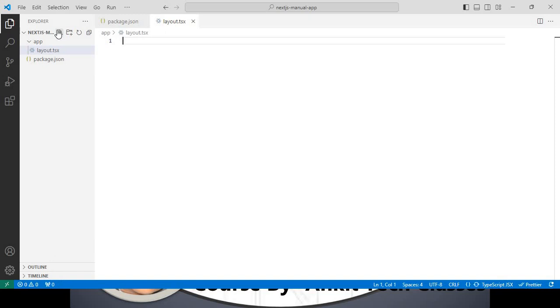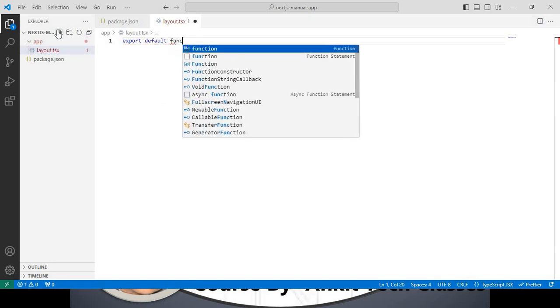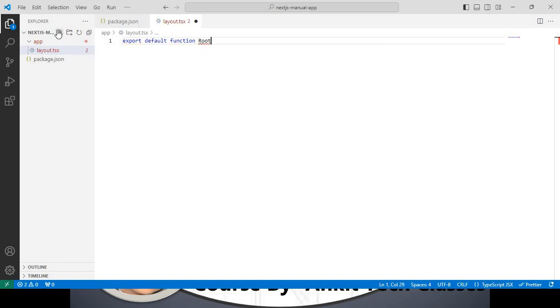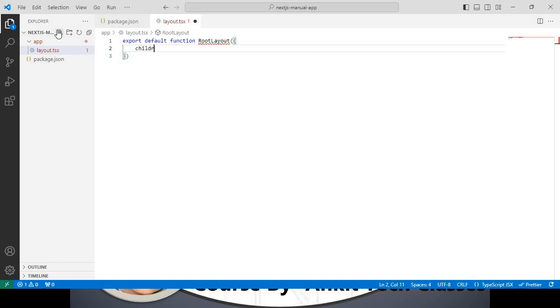Inside this, we will define this code: export default function RootLayout, with children